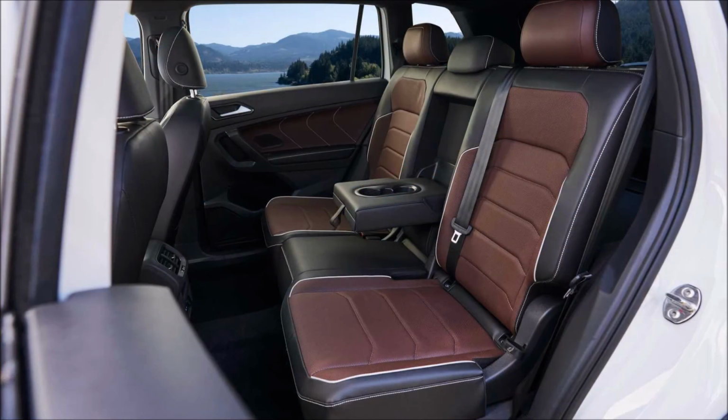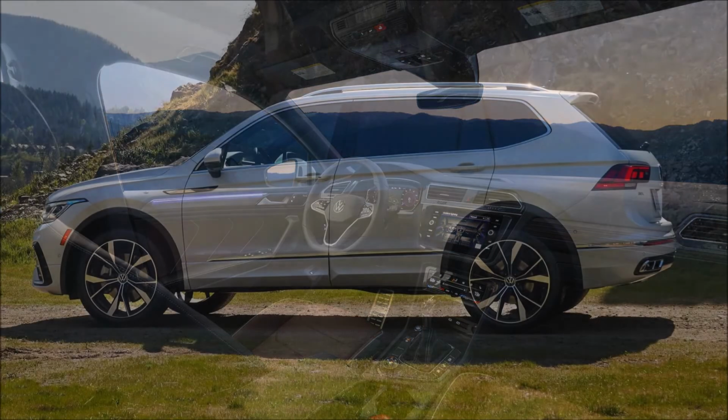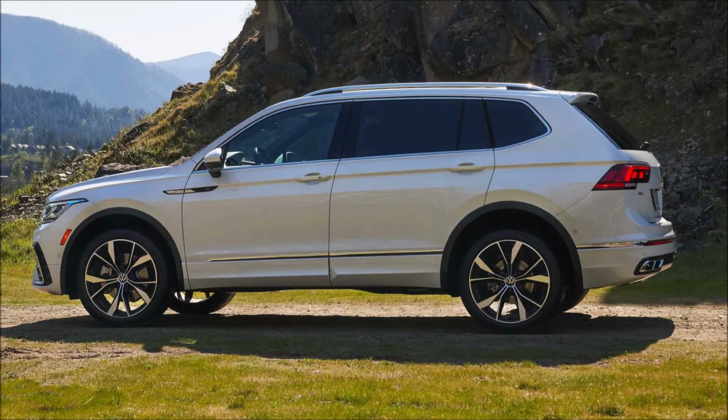Now the new long wheelbase Tiguan will be built at 4 factories around the world, and in the US the new Tiguan will go on sale this fall, either in late September or early October. Unfortunately, pricing information isn't yet available, so prices probably won't change much, but we will have to wait to see